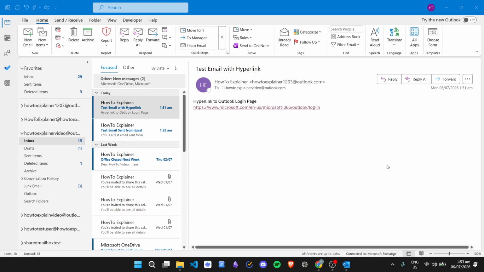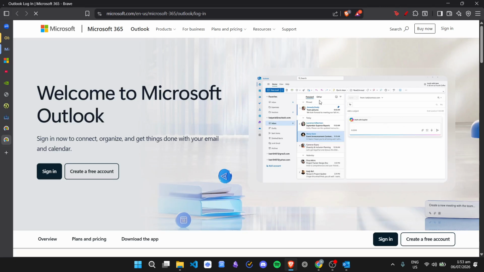Unable to open hyperlinks from Outlook and how to fix it. So here I am in the Outlook application and I have an email right here with a hyperlink. So when I click on a hyperlink, it should automatically open in a browser and it displays the website right